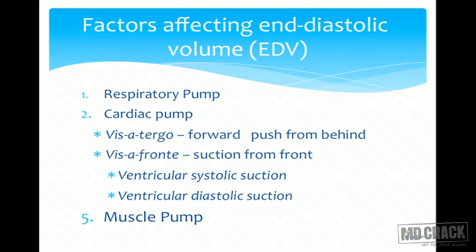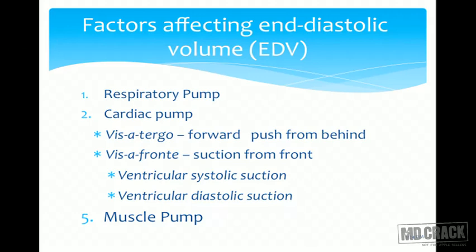This can be called the diastolic suction. Not only that, but there is also ventricular suction. What happens during the ventricular systole? As soon as the ventricle starts contracting, the AV valves will close, and now the blood will be ejected out into the aorta or pulmonary trunk. When the blood is going into the aorta or pulmonary trunk, the AV valves will fall back, and because of that the atrial volume will increase, and this is again going to increase the suction effect, right?